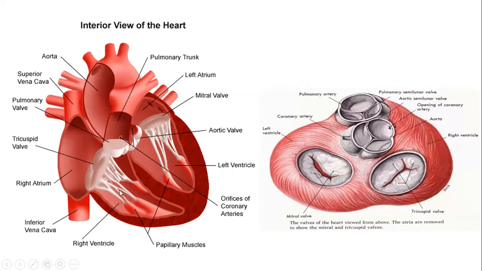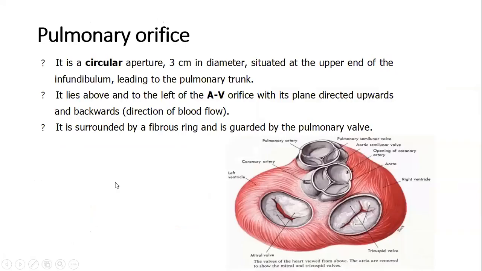So whenever these papillary muscles contract, these chordae tendineae will pull these cusps, and the blood will flow from the atrium into the ventricle. Once there is a pressure increase, they go back and close. So these chordae tendineae help in opening and closure, and they prevent reverse flow by pulling themselves. If there is any pressure here, the blood cannot push these cusps because they are attached to the chordae tendineae. So this was about the tricuspid valve.